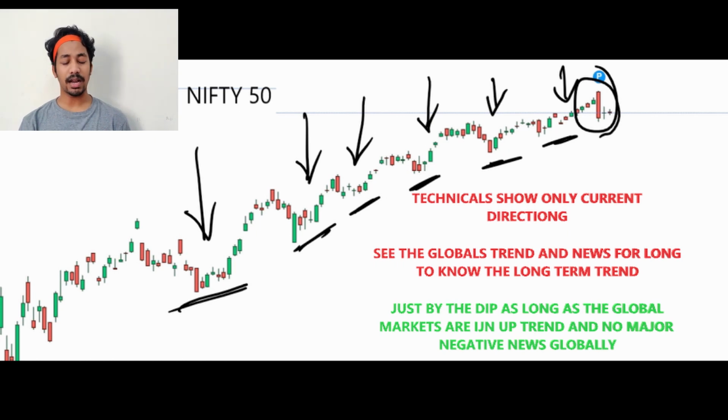And coming to the third point, always remember the technicals would only show you the current scenario. So if you get a dip in the market, for suppose in an upward trend or in a cheerful market mode, always buy that dip, because a dip would definitely be covered, as you can see that the markets are still rising as of today from the published date of this video.